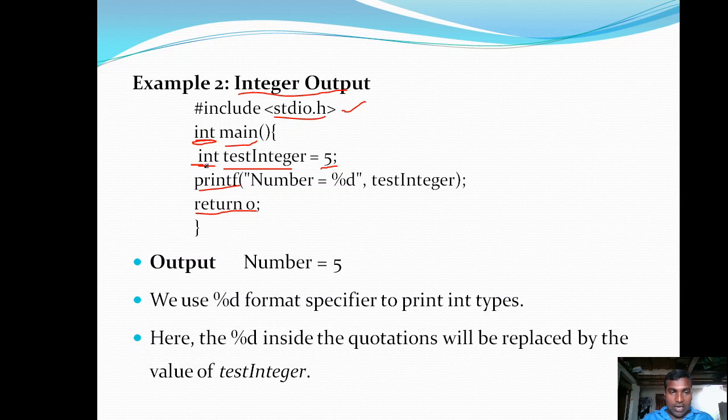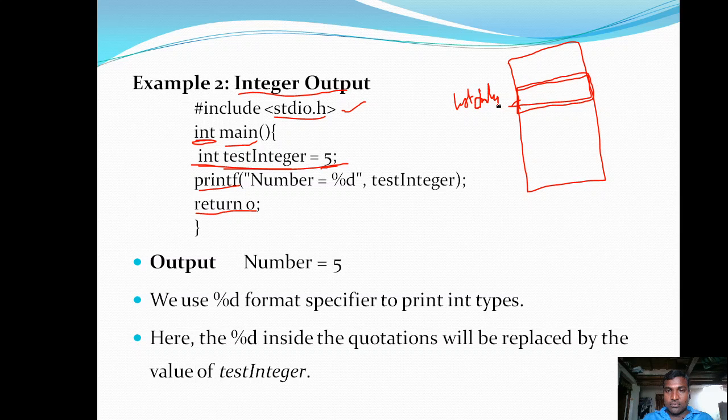After execution of this statement, what happens inside the compiler is that in memory the C compiler is going to reserve 2 bytes of memory for this test integer. The name of this memory location is test integer, and inside these 2 bytes it is going to store the value 5.